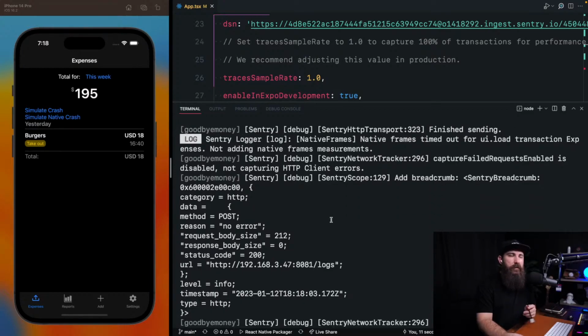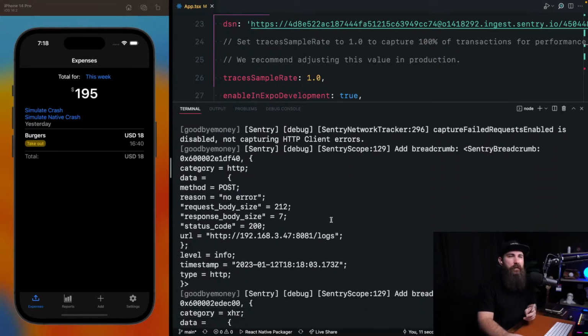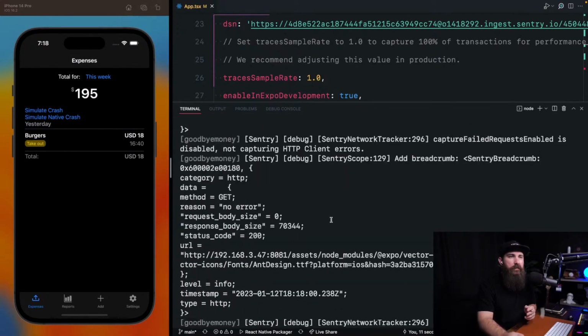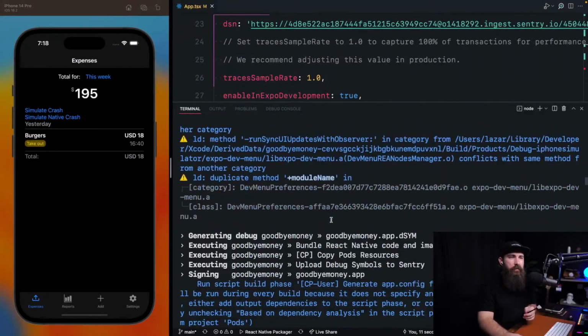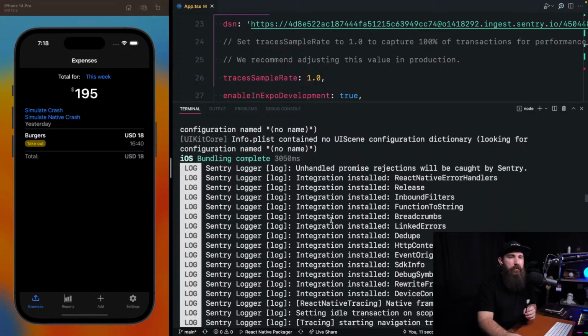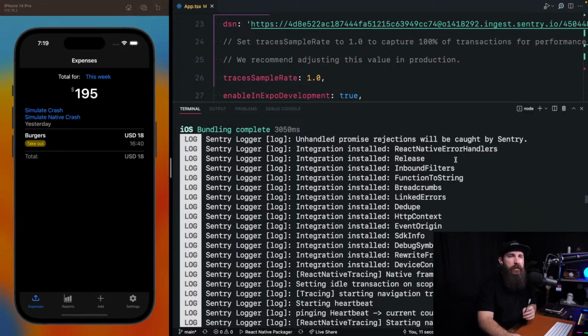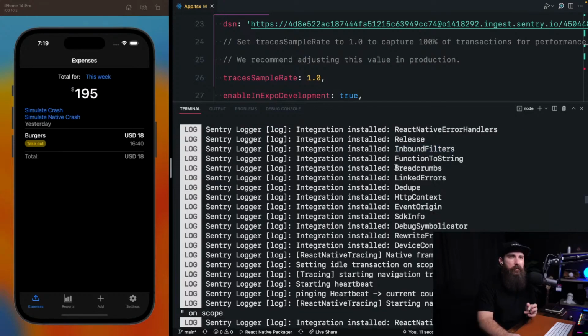Okay. I think so far everything looks good. Let's go all the way to the top to actually check out what's going on with Sentry. Okay, as you can see, we have all of these integrations installed successfully. The error handlers, which is good. Release, inbound filters, breadcrumbs,